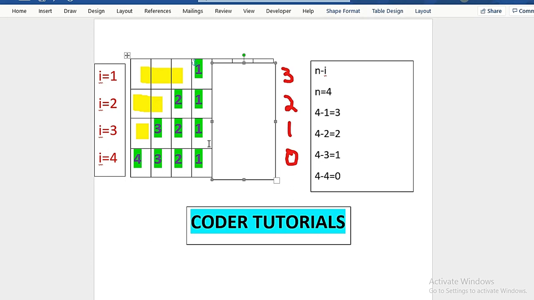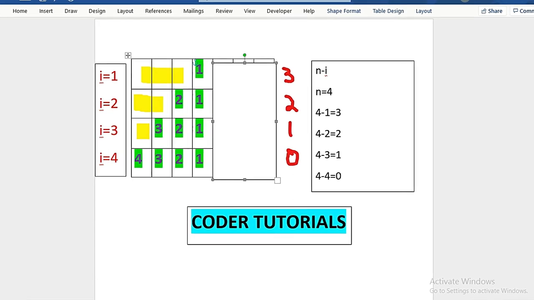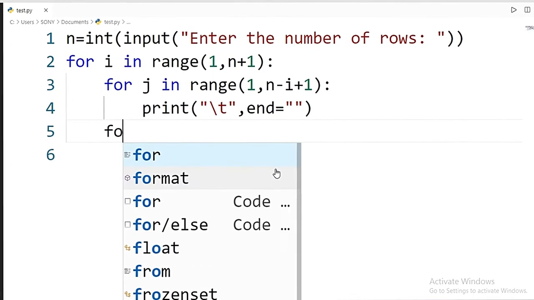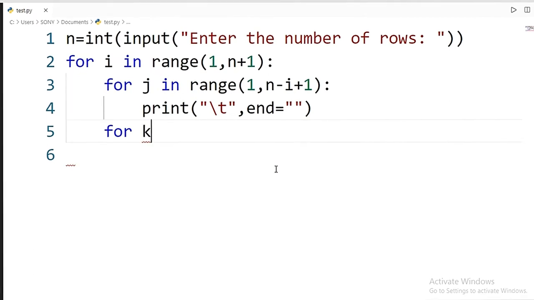So in general, we can observe that the numbers start getting printed from the row number itself, whatever the row index value is for that specific row. From that row number, it starts getting printed, and it gets printed till the number 1. So for printing this pattern, we can run one more loop, suppose k loop.